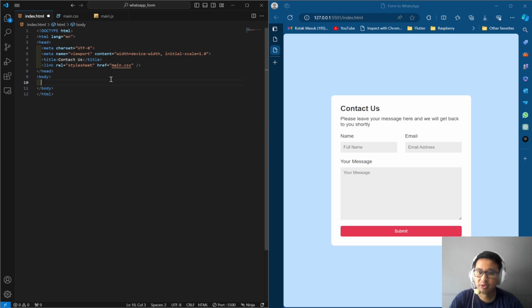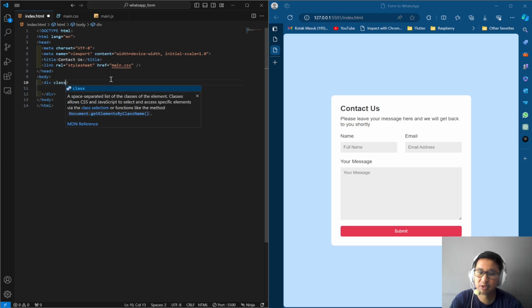And then for the body tag, on the inside we can just type div with the class container,